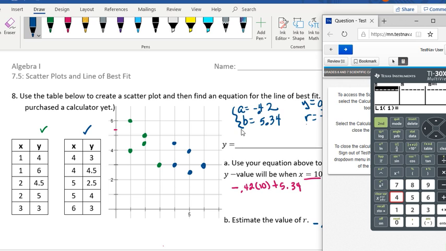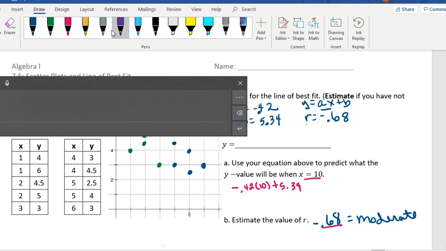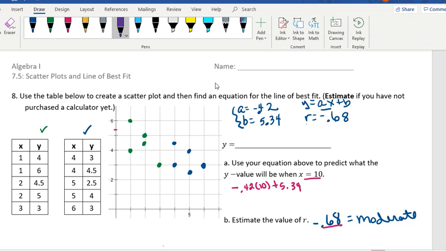So when I put this information into data, here's the information that I got. Here's the information that I have. I found out that A was negative 0.42. B is this. Here is my R. And now I'm going to use y equals Ax plus B as opposed to mx plus b because that's what the TI-30 MultiView does. All right, so I'm going to have negative 0.42x plus